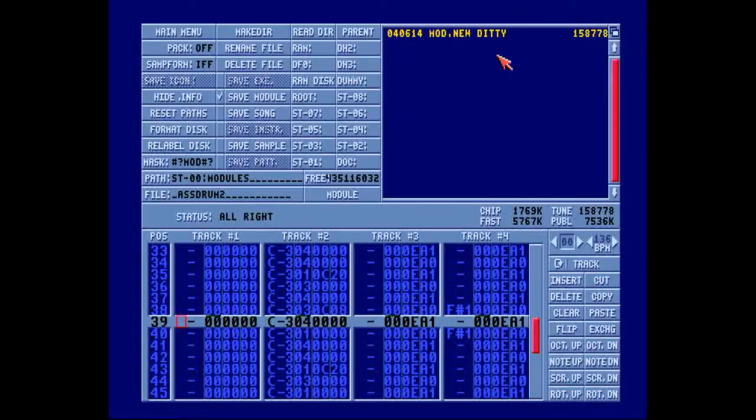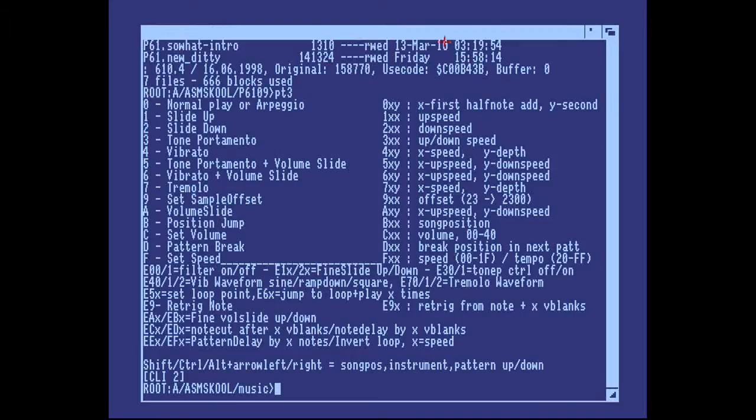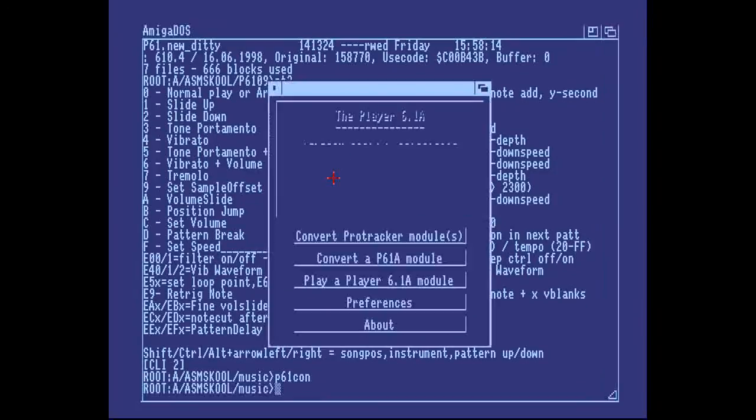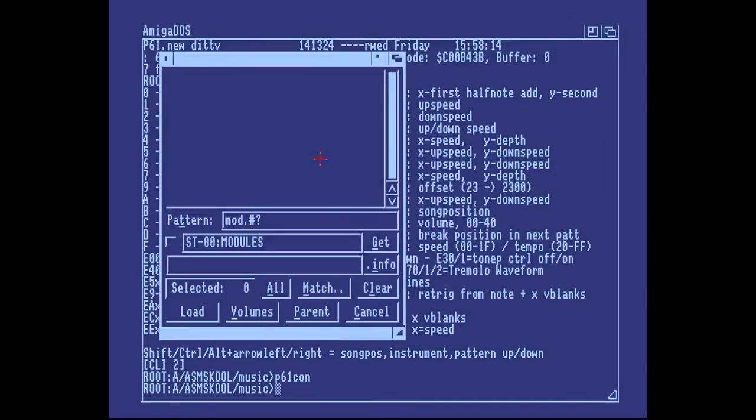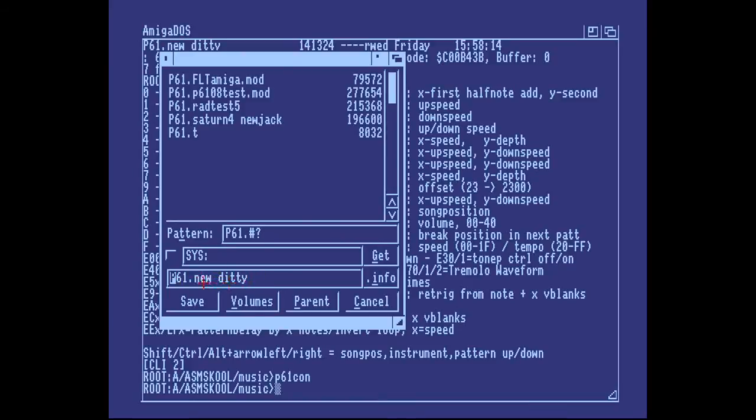So now we have a clean module in this directory, so we need to convert it. We've checked that the module sounds correct, then we've saved it in Protracker 3.15. Now we convert it. Convert Protracker modules. Sorry about only having two colors in my CLI screen here. Either way, this is the directory we saved it in. Just load that, and it will ask for a name like that, and